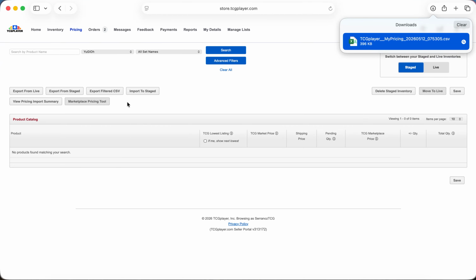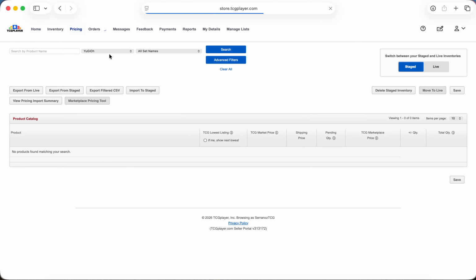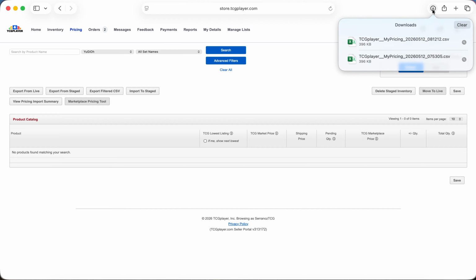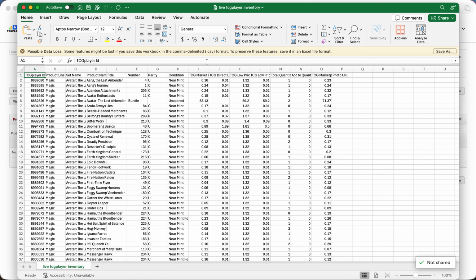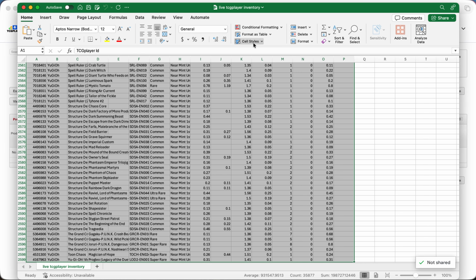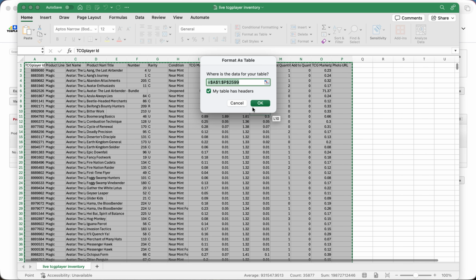All right, I'm going to be showing you how to quickly update your TCG Player inventory all in one fell swoop. You're going to come here to the pricing tab and click on Export from Live, which will download a CSV containing all of the cards that you have listed currently and also cards you have listed in the past. So go ahead and just format this as a table